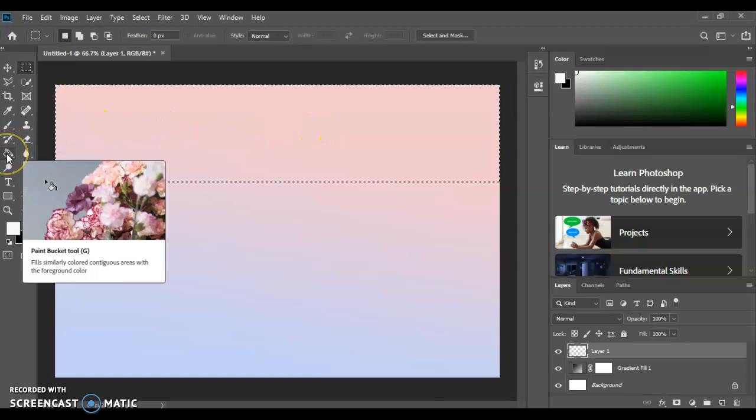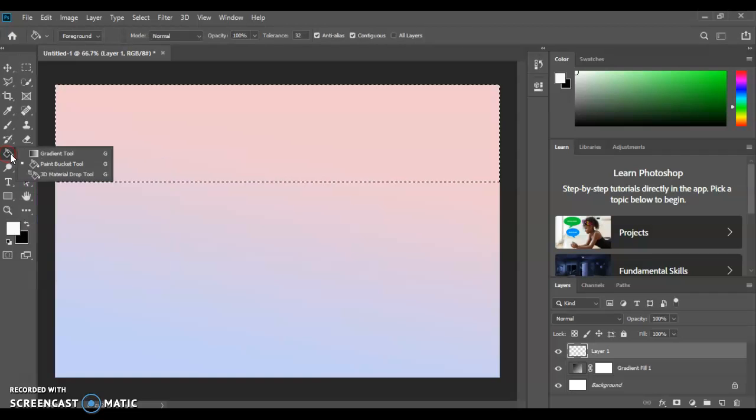So you can go over here to the paint bucket, and you might have a gradient tool showing here. So if you don't see a paint bucket, but you see one that says gradient tool, put the mouse on it and right click it, and this little menu comes up. Then you can select paint bucket tool. So once you get that,